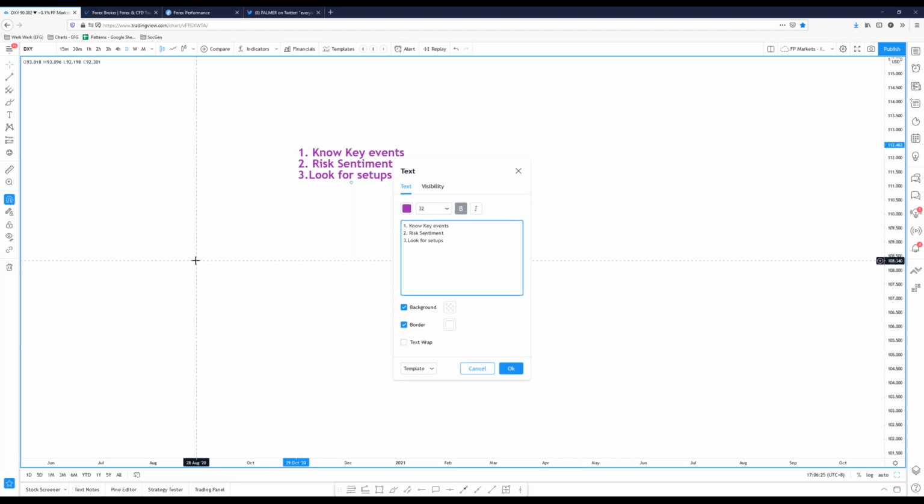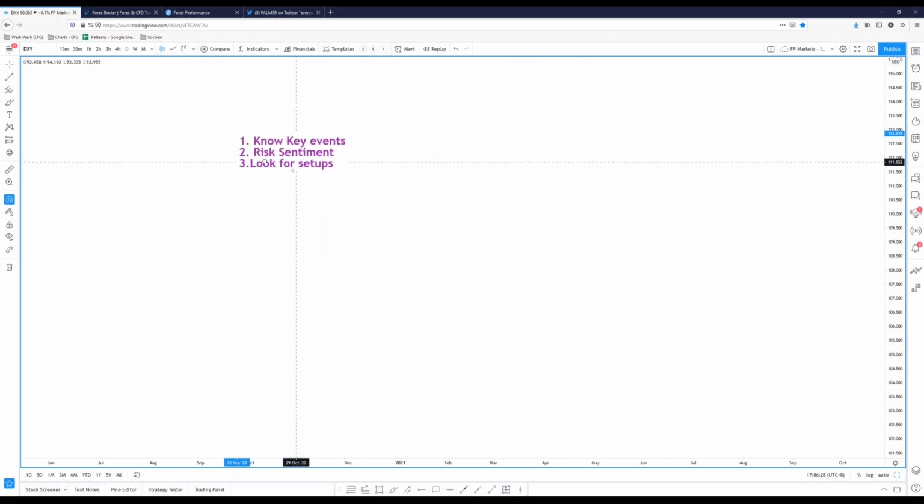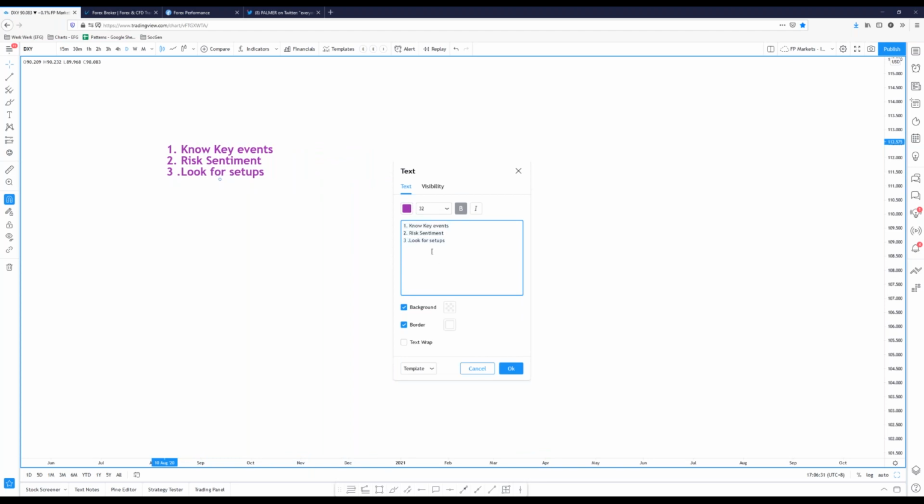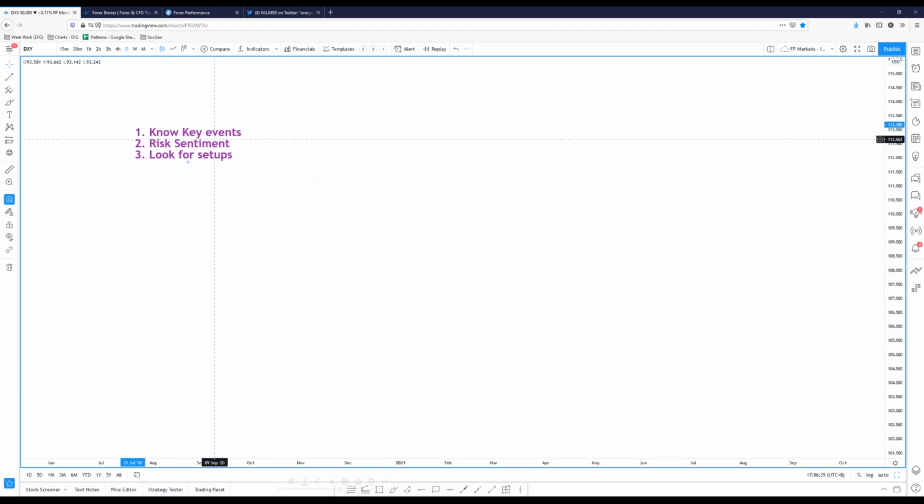Okay, so that is the third point. All right, so this is essentially what I will be taking you guys through every time we do a live trading session. Okay, so this is very important. Why? Reason being that this is a sort of ritual that I follow every day when I look at the markets. Even whether I'm doing analysis for my clients, right? This is the ritual that I have to follow